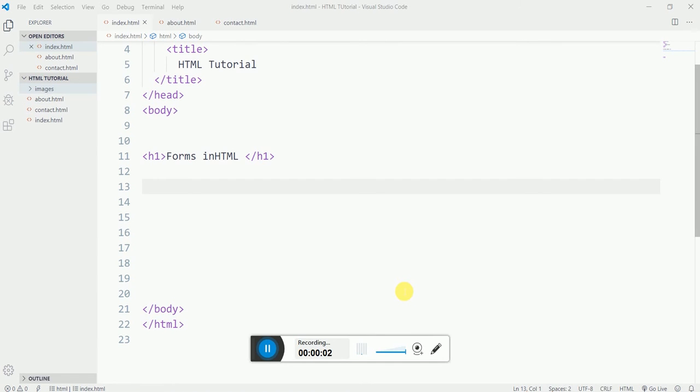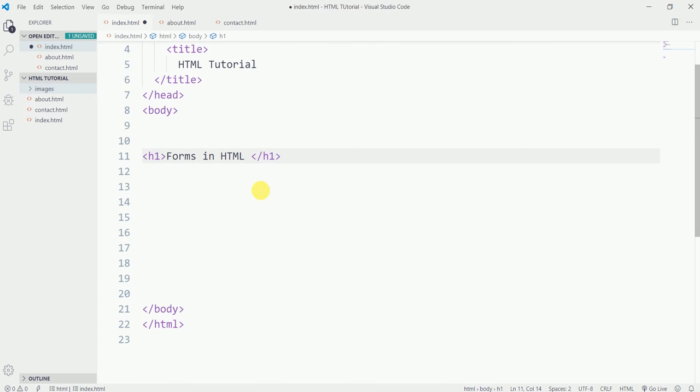Hey there everyone, today we are going to start a new topic. Our topic today is forms. Forms in HTML, that is, how we can create forms in HTML, and later we will style them by using CSS, but right now we are going to learn the markup of forms and the different attributes and elements of the form